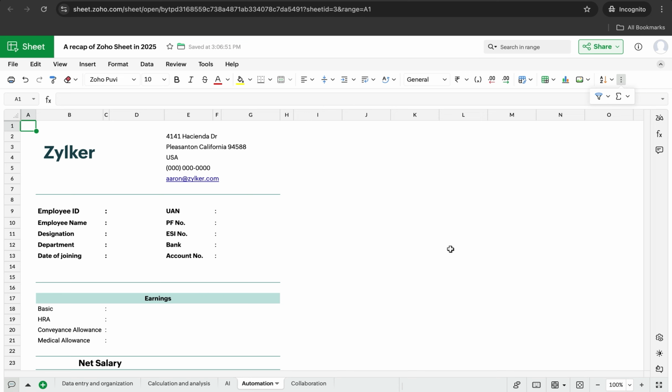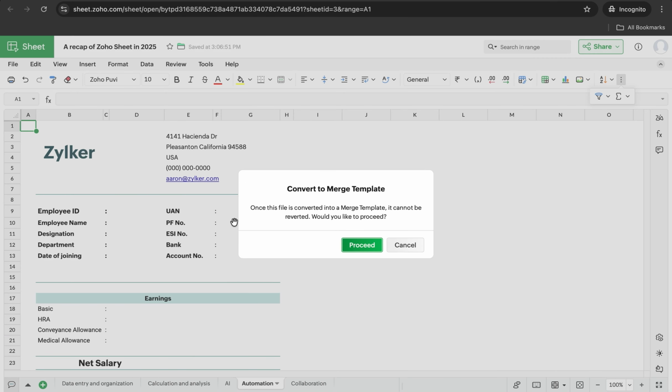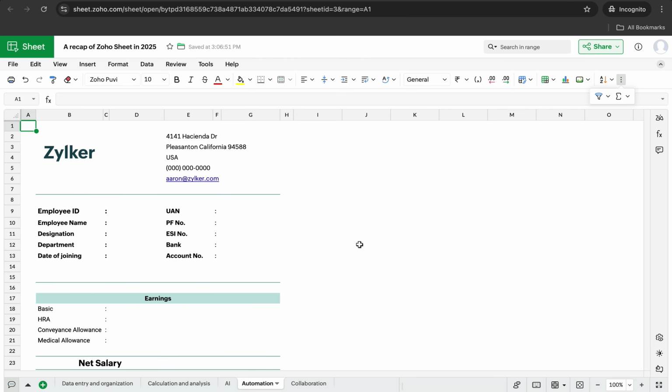With the new feature, that is using the scheduler option in automation, I'm just going to set it right so that my team has more flexibility as to when they want things to go out. So what we're going to do is convert this into a merge template first. Go to the tools bar and select merge template. I can convert this, click proceed,